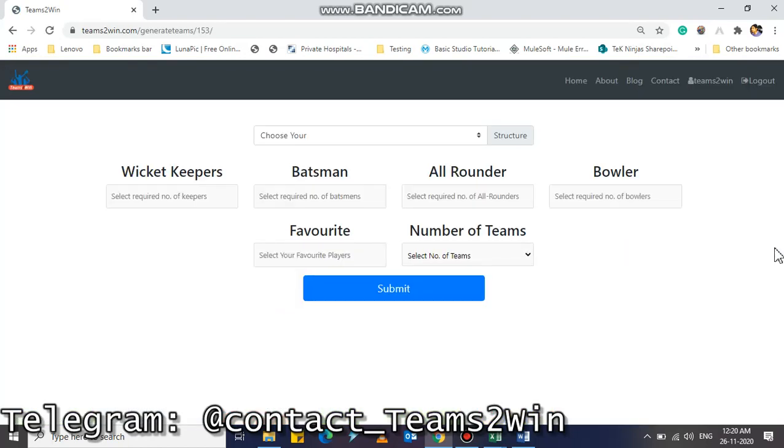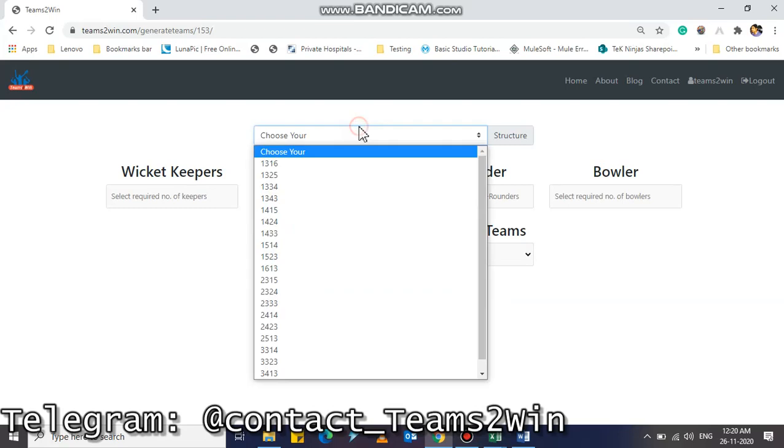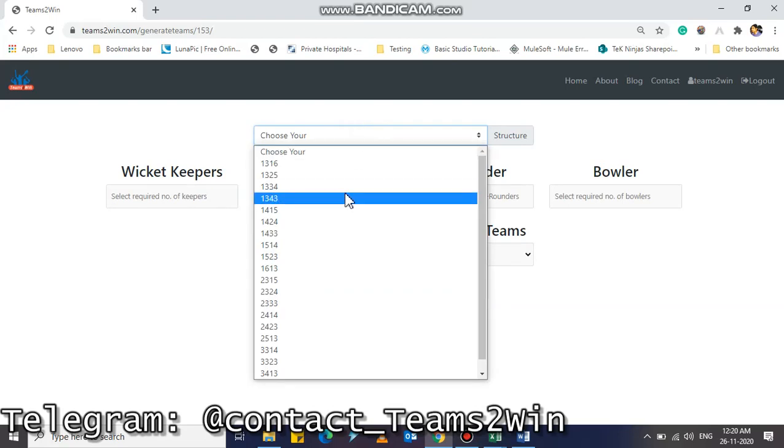Okay, so the user interface, the UI, will be like this. Here there are a couple of options: choose your structure, wicket keepers, batsmen, all-rounders, bowlers, favorite, and number of teams. Structure means, we have a couple of conditions in Dream 11. In the wicket keeper section we can select minimum 1 and maximum 4. Likewise in the batsman section, minimum 3 and maximum 6.